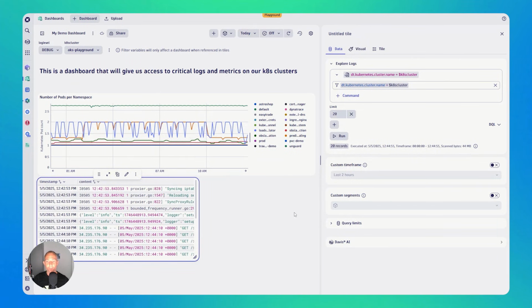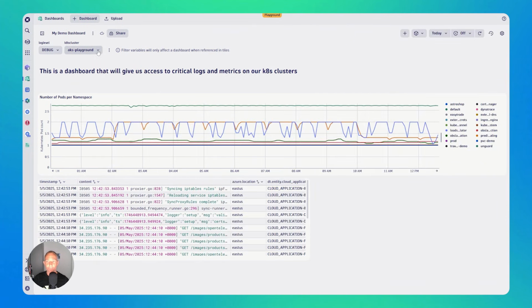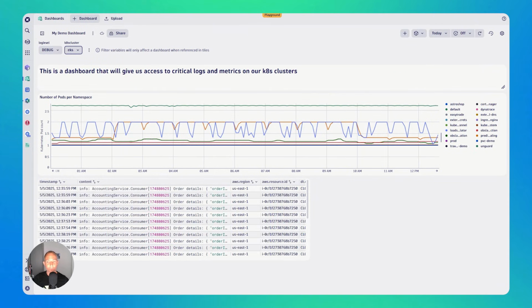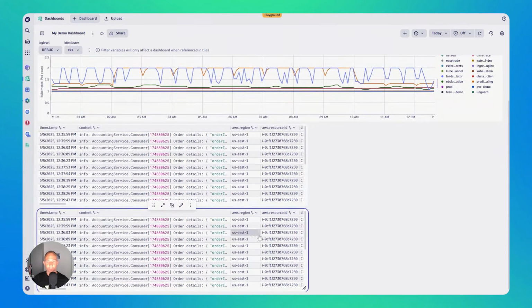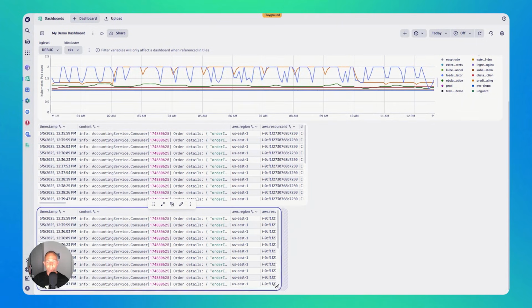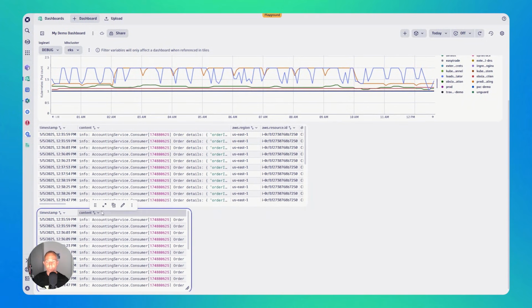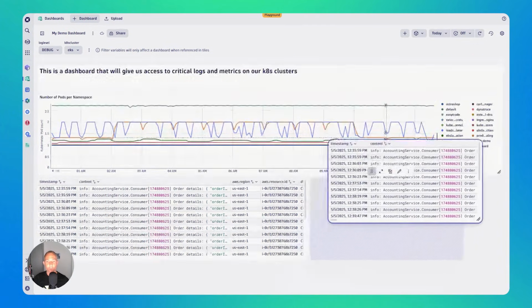And here we go. So that means now every time I change my cluster, all of the tiles will automatically be updated. That's pretty cool. Now I want to do one more thing. I want to duplicate this particular query here. I want to duplicate it because it's nice to see all the logs, but maybe what I want to have first, I want to have an overview